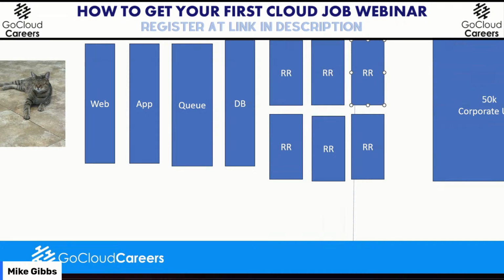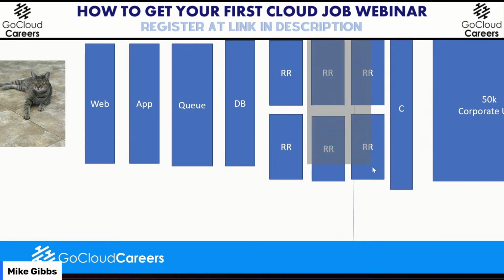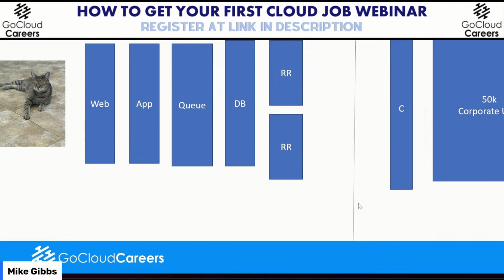So now we stick a cache over here. And then the cache is here. The corporate users hit the cache. If the information is there, they get their information. If the information is not in the cache, it's a cache miss. One of these read replicas responds, and then the cache will have that information. So if your information being requested is constantly going to hit the cache and be in the cache, maybe we can get rid of a lot of these servers and save some money along the way. If the information constantly requested is different, then maybe we need more read replicas.